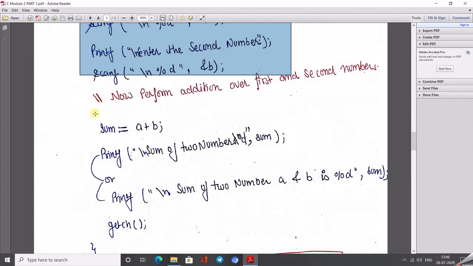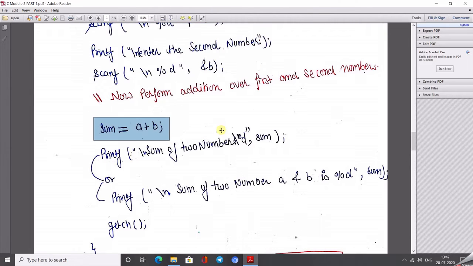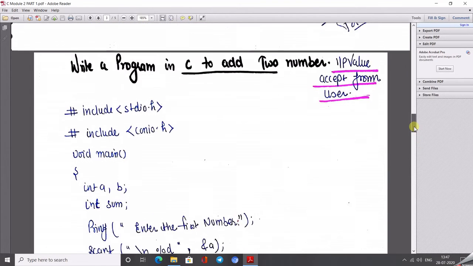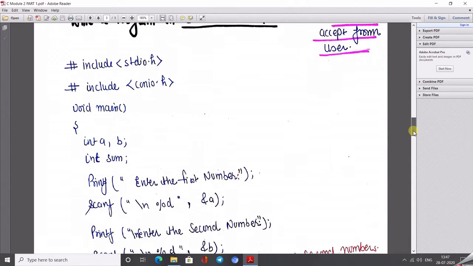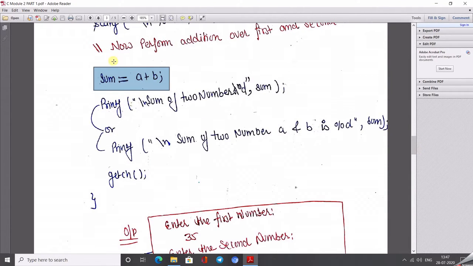And now I am going to perform our logic. So what is the question exactly asking here? Here I am asking for the addition of two numbers. So what is our logic? The addition of two numbers will be stored into another variable known as sum. And after that we just perform the sum over this, and the value will be stored here. But how can we get the result of this value? I need the output.